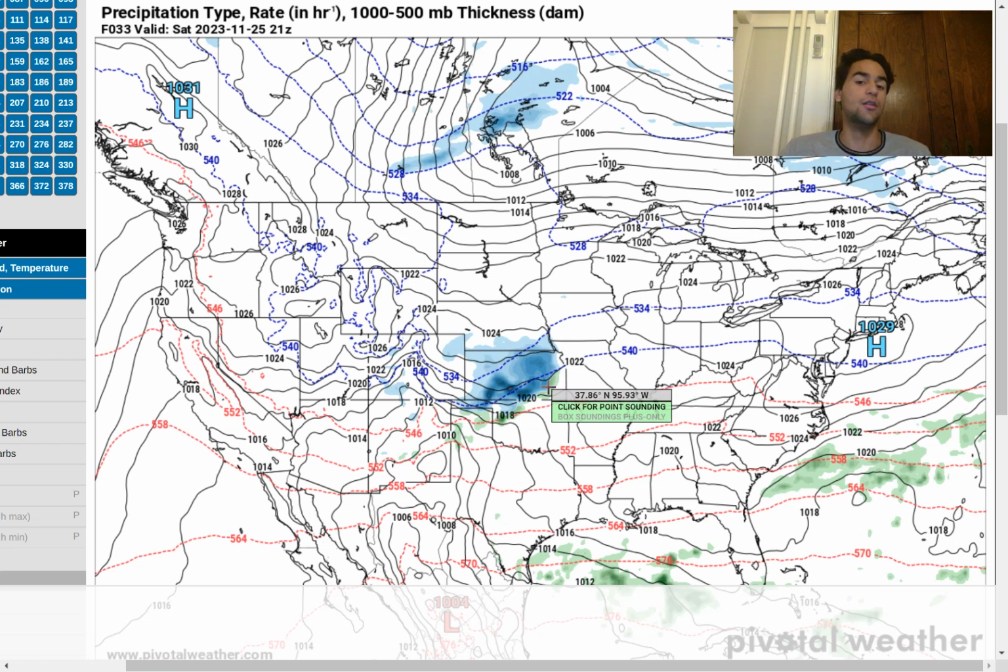Even though it's going to be a short duration event, the snowfall will fall at a very fast clip, which means that the roadways should be pretty impassable for a large portion of the day for the Kansas area. So you definitely need to take the necessary precautions, as the worst of the snowfall should happen right around the Saturday morning time frame. So you definitely want to be aware of that throughout Kansas.